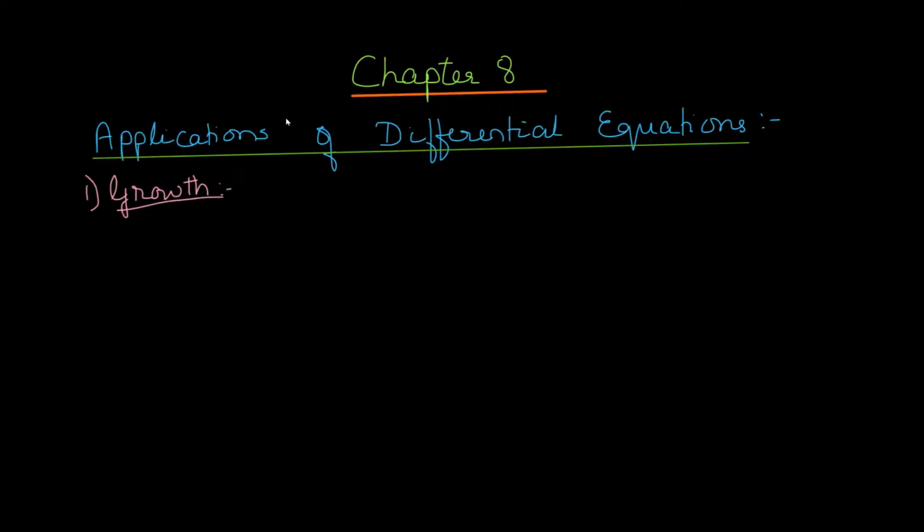Now by growth, we mean growth of a population. Growth may be either population, that is the number of people living in a particular town, a city, a country, the number of animals in a forest, etc. We may also see growth with respect to bacterial suspensions. So growth in the number of bacteria can also be studied using differential equations. In both the cases, the calculations are the same.